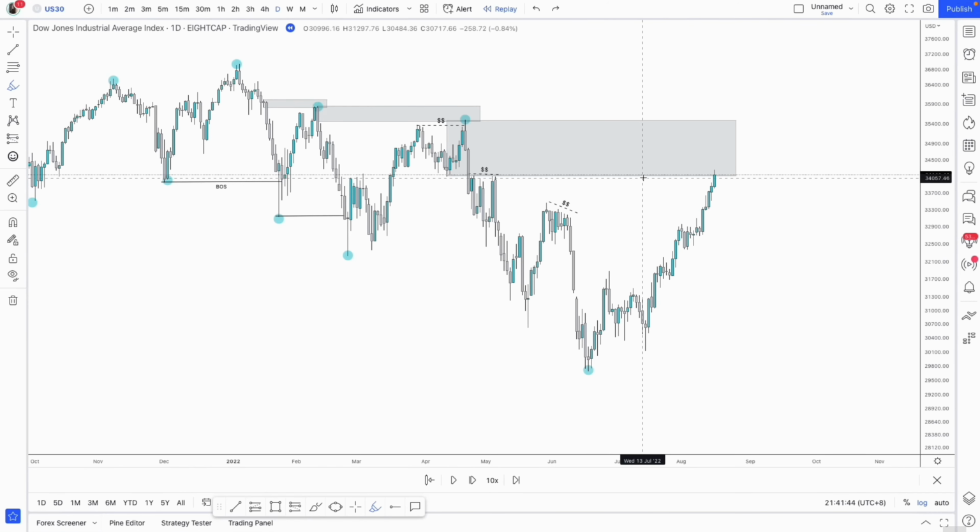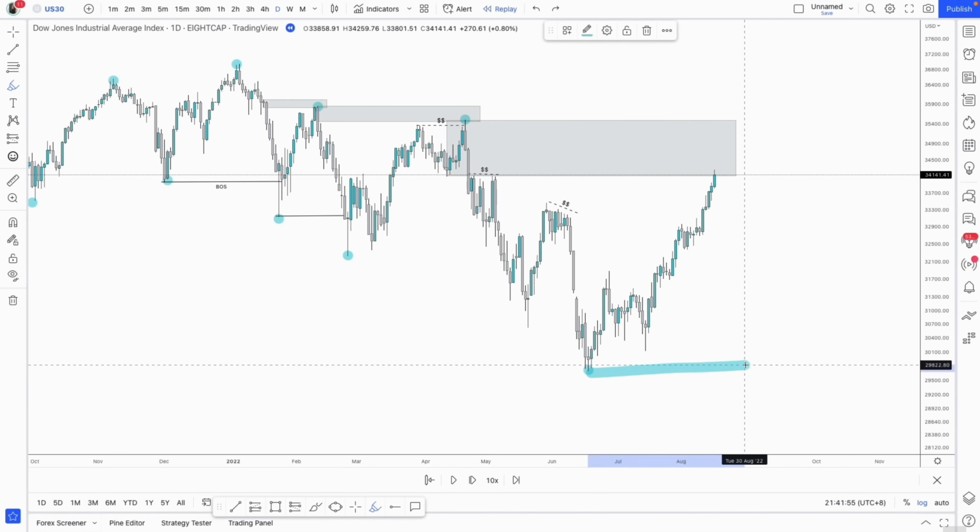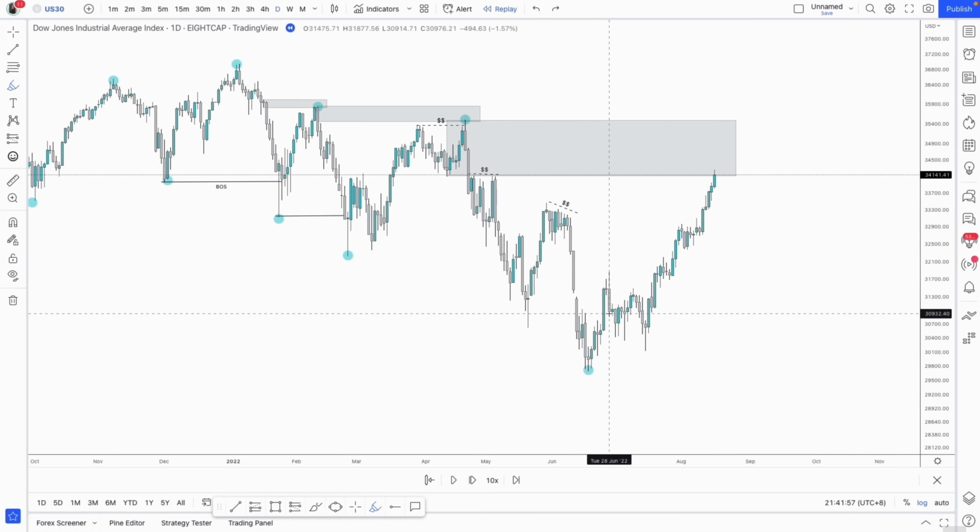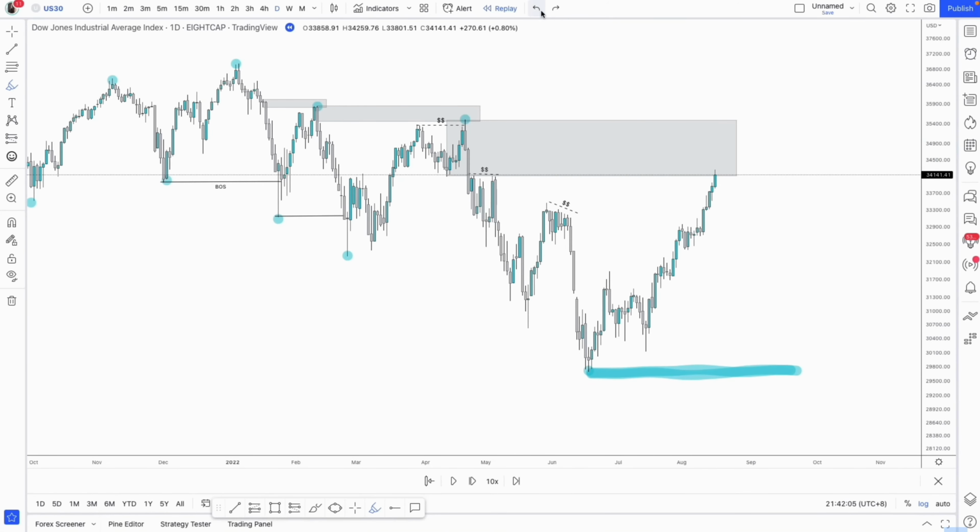So we wait for price to come back up into the premium supply range that caused the momentum to the downside, so that the banks can re-mitigate their positions and continue to take price to the downside. So that gets inside of here. We now need to just drop to the lower time frame,